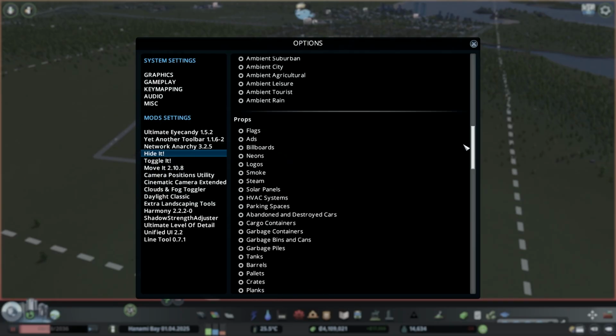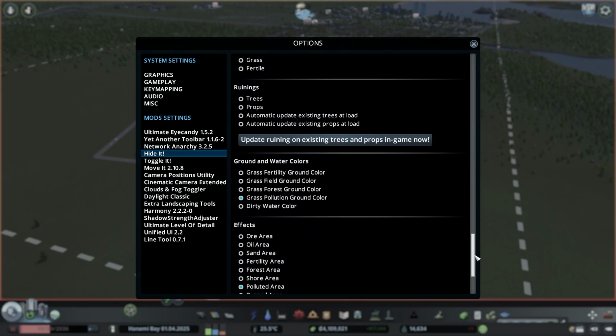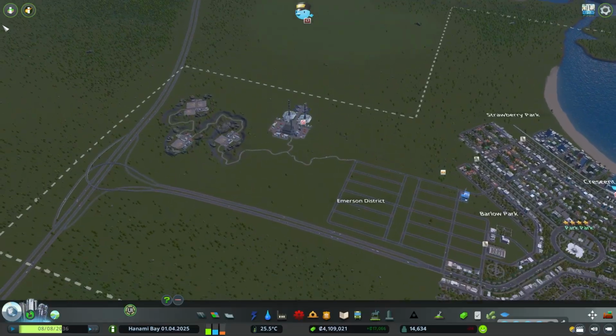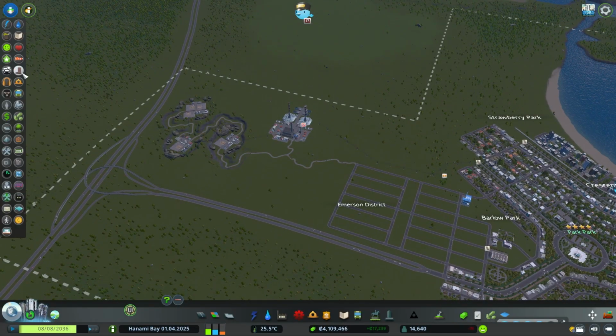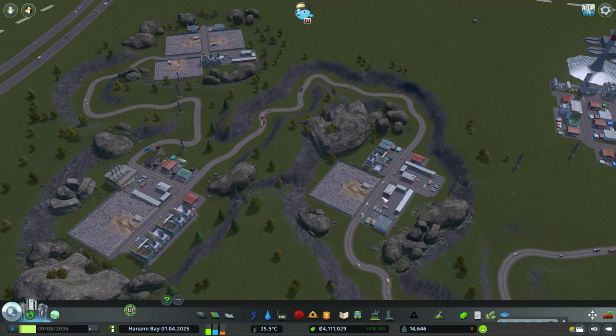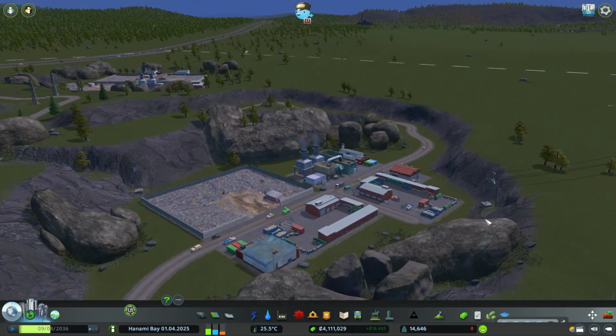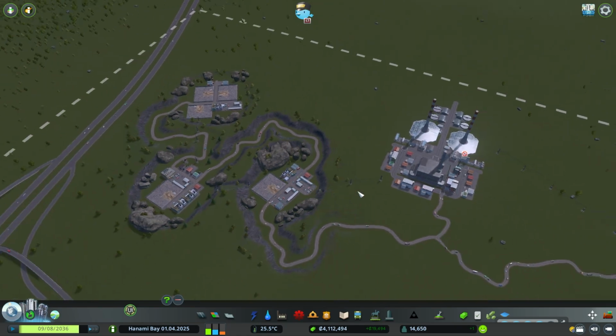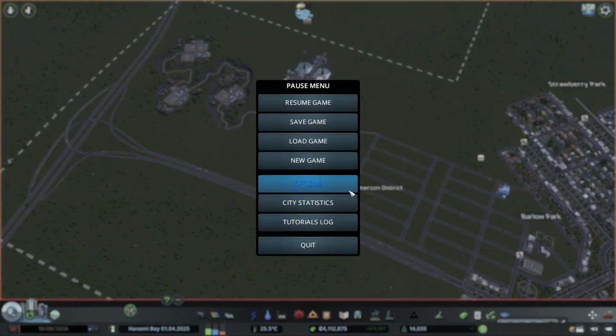So Hide It, I set just this: the grass pollution, ground color, and polluted areas. So what does that mean? That's where if you click on the pollution, you see this thing, right? However, if you look at it, there is no pollution around it. The pollution does exist, but it's hidden. And the next mod is